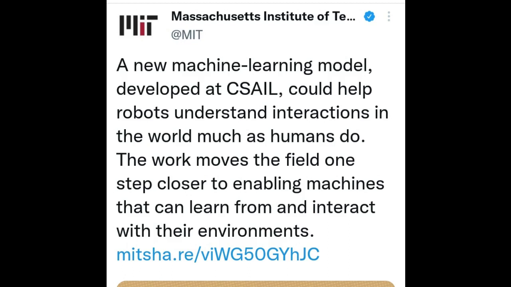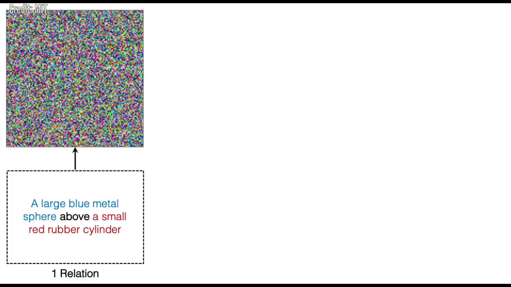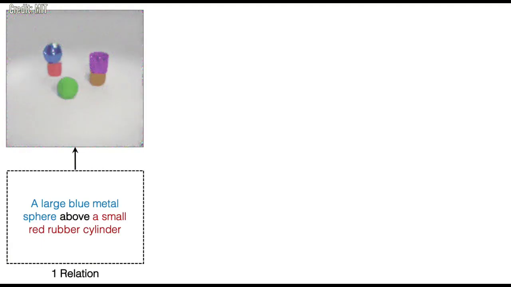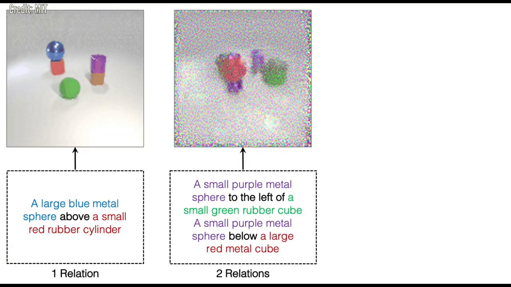Many deep learning models struggle to see the world this way because they don't understand the entangled relationships between individual objects. Without knowledge of these relationships, a robot designed to help someone in a kitchen would have difficulty following a command like "pick up the spatula that is to the left of the stove and place it on top of the cutting board." In an effort to solve this problem, MIT researchers have developed a model that understands the underlying